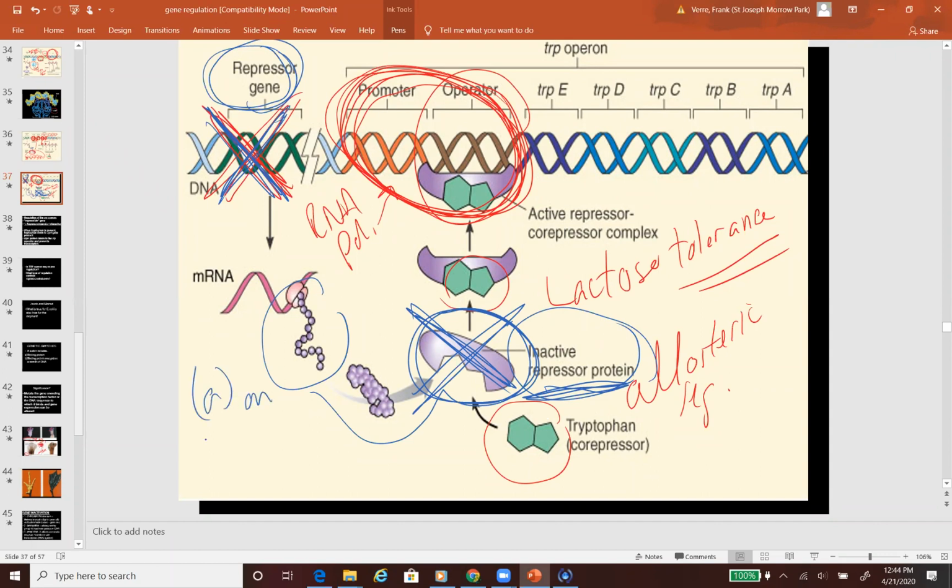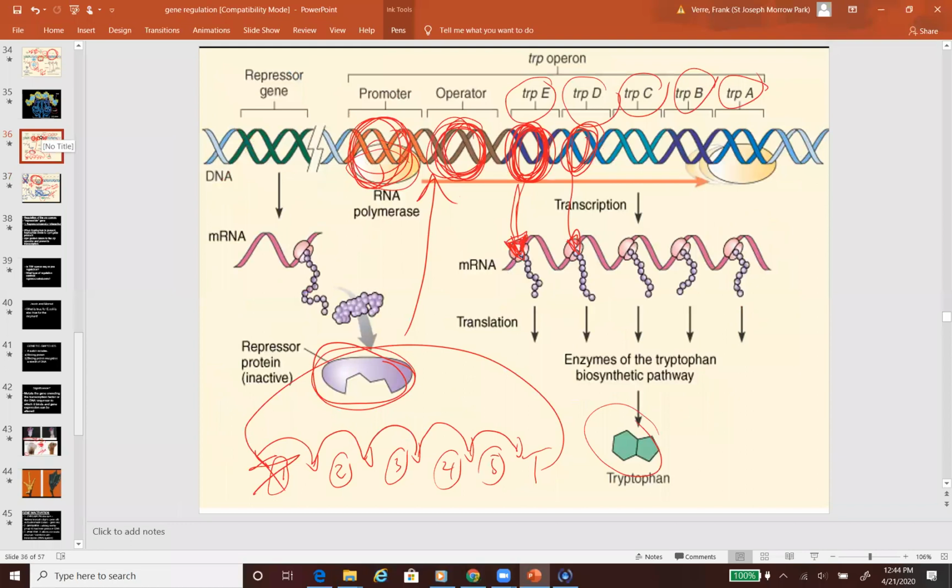Either it stays on always or it stays off always. What do you think? Yeah, very good. Stays on. Because if there's no repressor protein, so if you knock out the gene, that means you knock out the protein. Knock out the protein, and there's nothing to attach to the operator region and prevent transcription,